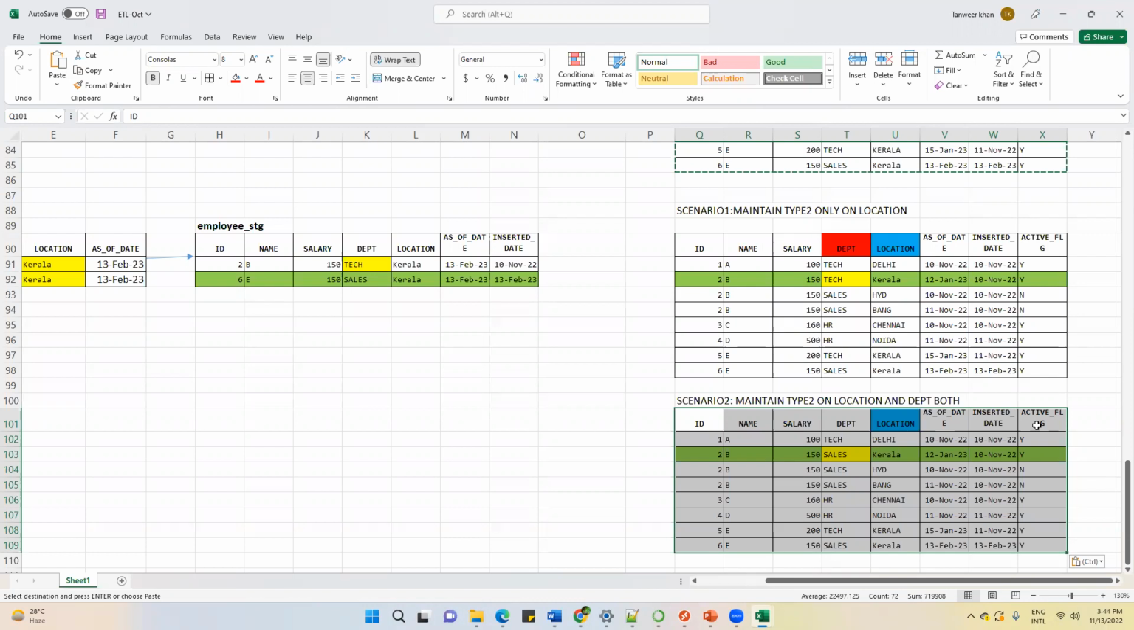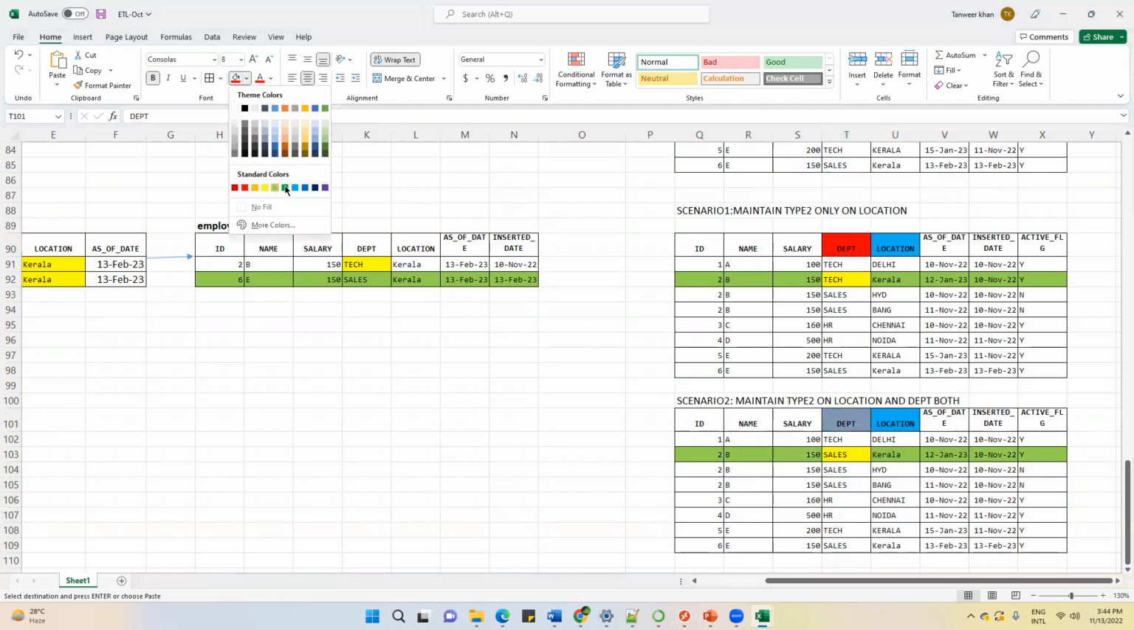all those things. Because suppose this has not been agreed, and now the business analyst is telling you that no, you have to maintain type 2 on department as well. So this will be an overhead for the data engineer. Again, he has to do the coding, and in the existing script,